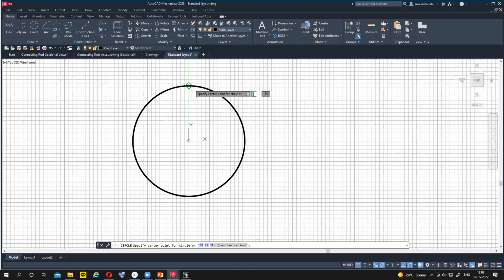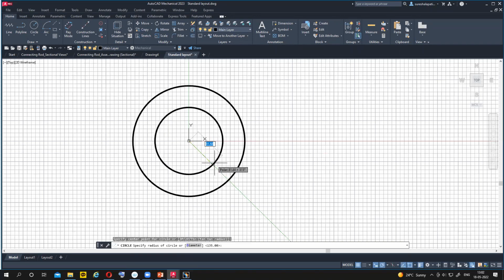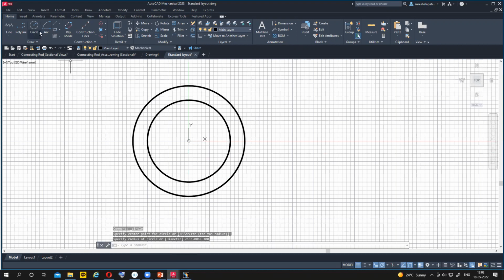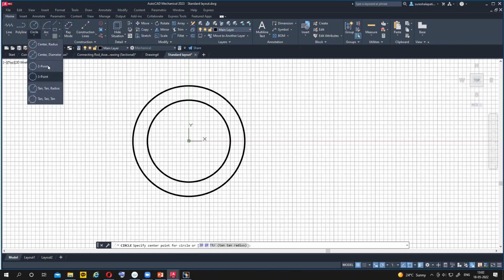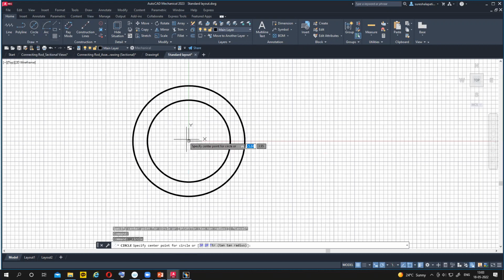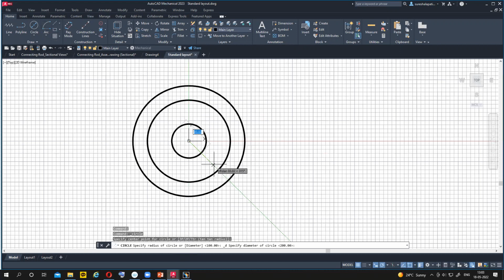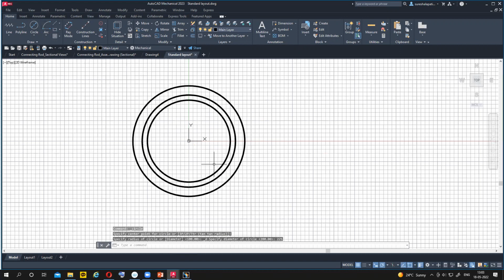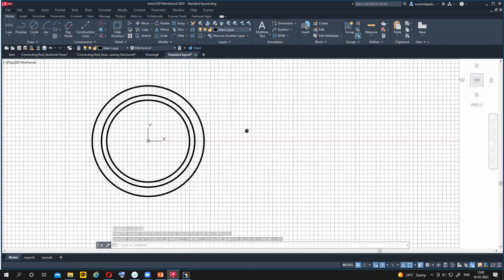Center point is this one, radius is 100. And one more circle with diameter 225. So now after making these circles,